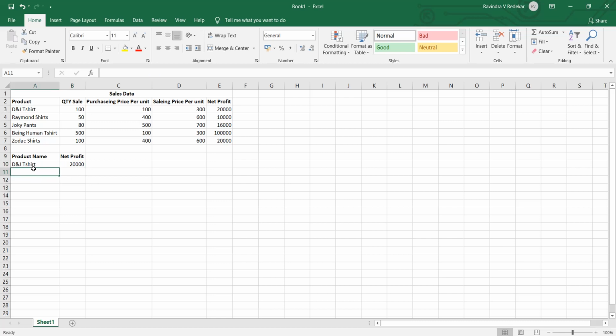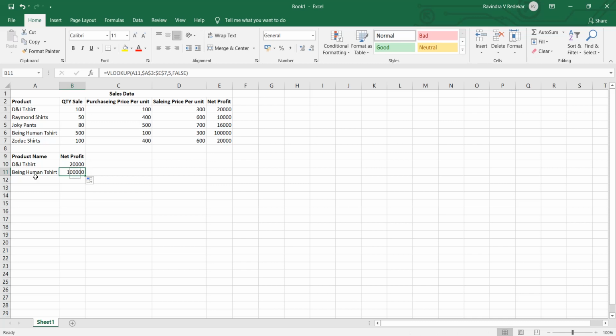So if I want the Raymond or other product names, for example this one, I press here and just press Control and D, which copies the upper formula into the cell below, or you can drag the formula down into the cells below like this.